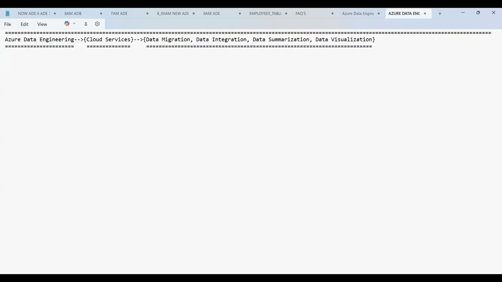As we have seen yesterday, the whole story starts from data, that is the accumulation of data. Then we have the data sources. From where can we get the data? The following are the sources from where we can get the data.